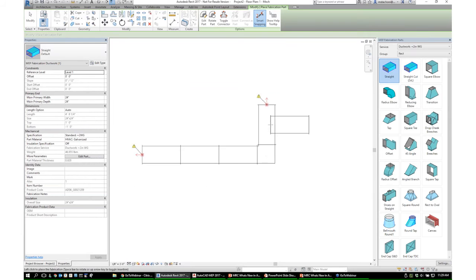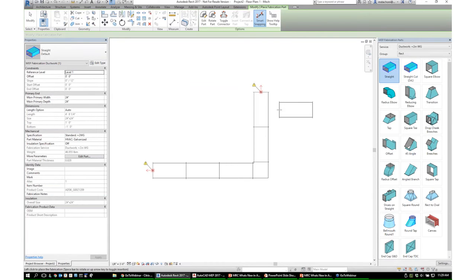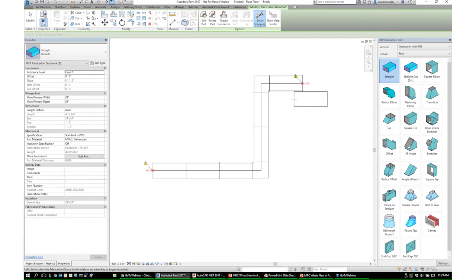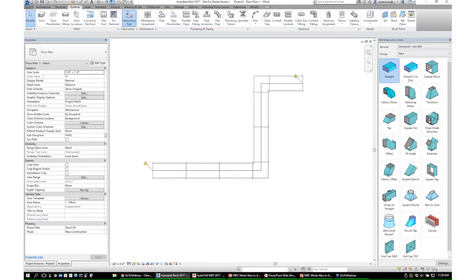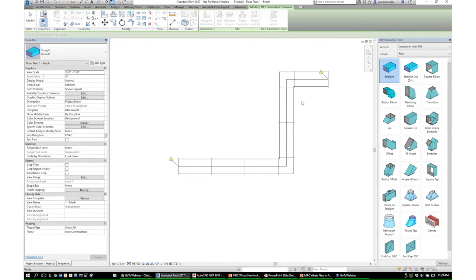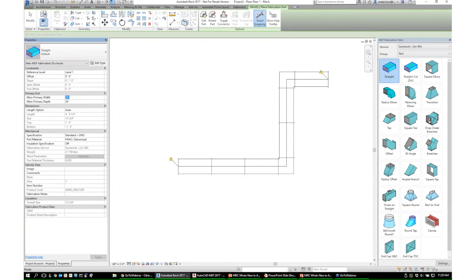Go ahead and hit this straight piece right here, straight piece right here. Go ahead and put this square elbow in like this, so on and so forth. So what's happening here is that it's placing these parts automatically. And if I look at this part right here, you can see over here on the left-hand side, the length is 4 feet 8 1/4. Now that 56 1/4 inch length is the standard length for TDC ductwork, okay? But if I go ahead and put in another piece here that's maybe 12 inches,